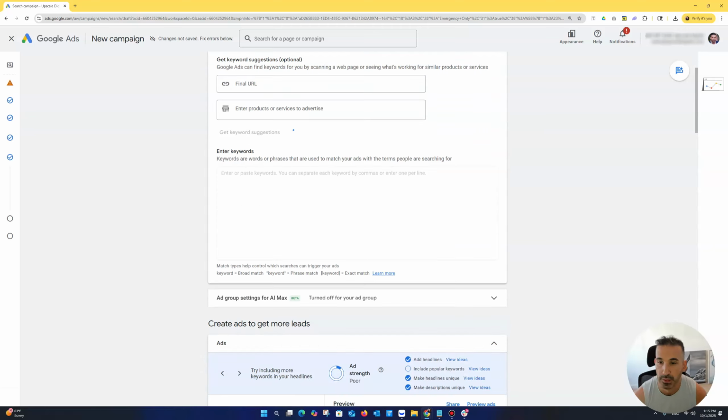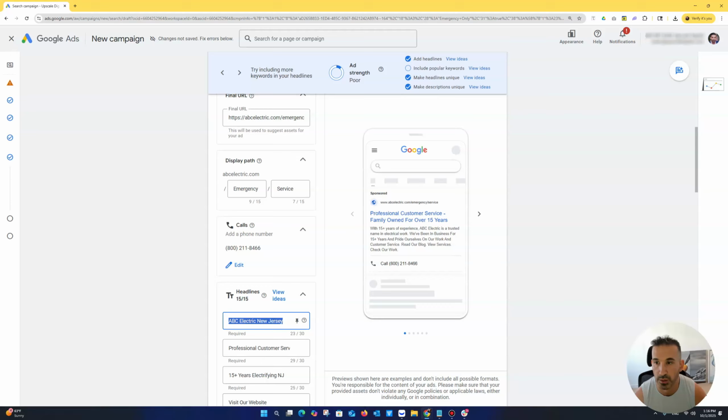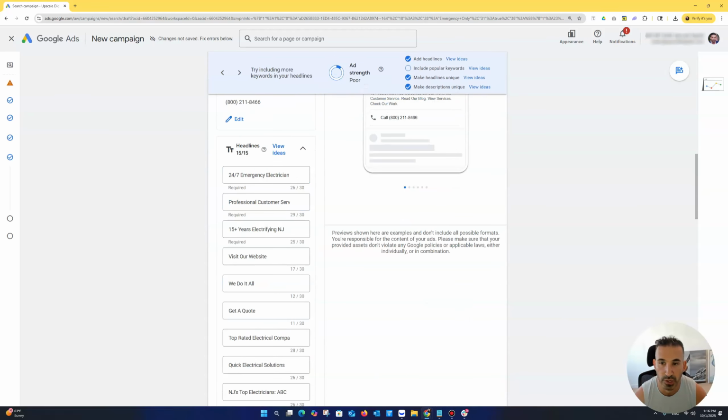And we're going to do our headlines. So I have my list already saved of what good headlines could be for a general emergency campaign. So we're going to say 24/7 emergency electrician. If someone's power is out, you want to put that. You want to put same day electrician. What about if someone needs their breaker repaired? You want to put things like licensed and insured. BBB A plus rated,